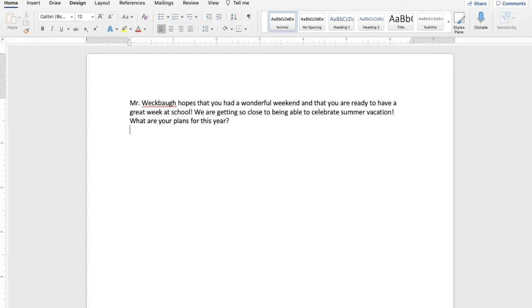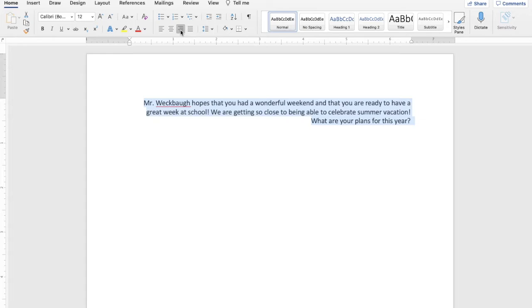All right, so the first thing I want to show you is these little boxes right here. Now, if you notice, this box right now is highlighted. It's a different color. If you hold the mouse over it, it says align left. Align left means everything's going to be lined up on the left here perfectly. If you go to this one where it says align right, it gives you a little preview, but obviously you click that. Oh, nothing happened because we didn't highlight this. So let's go ahead back here. We'll highlight this all, and we want all this to be aligned right. So now it's aligned right.